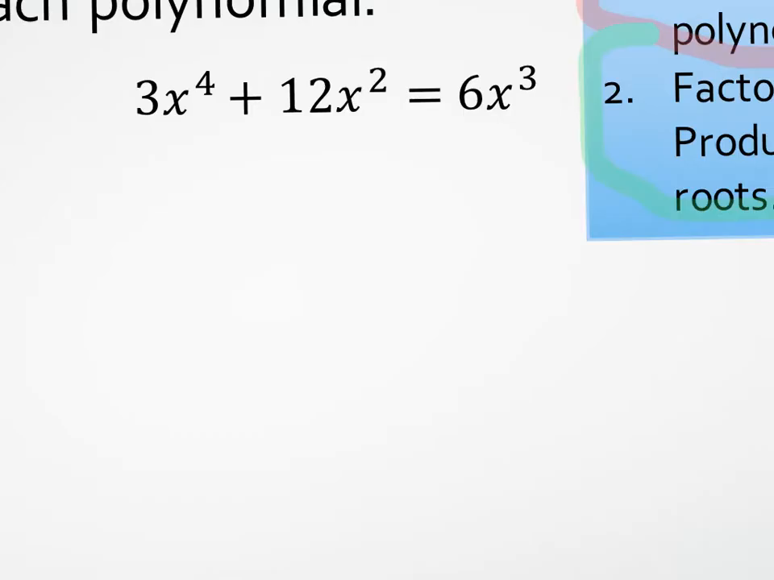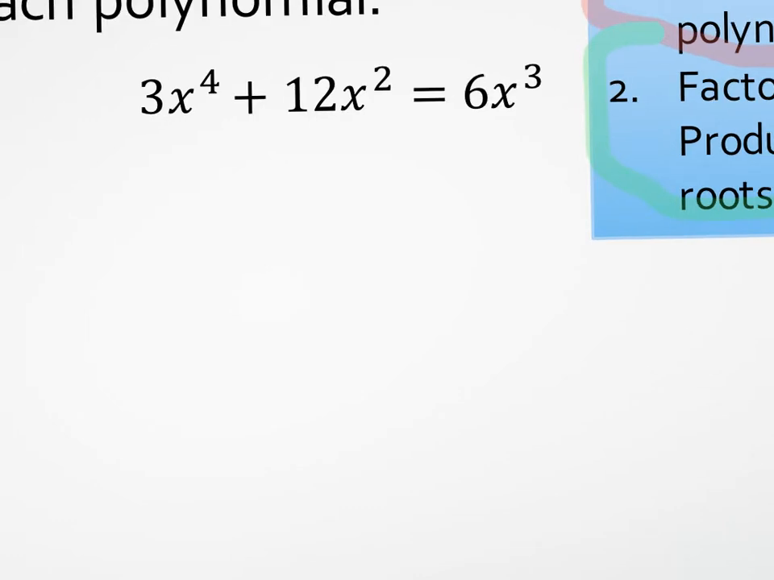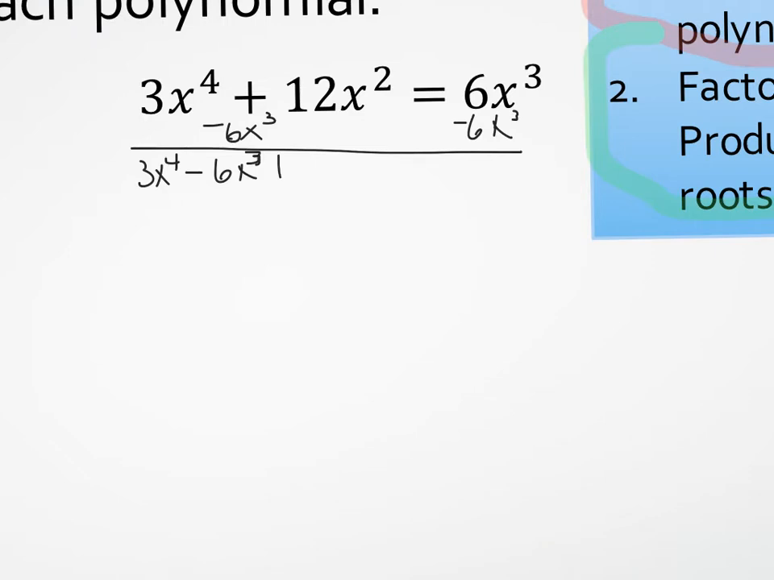For our other example, we're going to follow the same process. We're going to subtract the 6x cubed, and remember we want to write it so that it fits nicely. So 3x to the 4th minus 6x cubed plus 12x squared equals 0. And now we're going to ask ourselves, okay, is there something that all those terms have the same? Hopefully you recognize, well, they all have a 3 and an x squared. So 3x squared times x squared minus 2x plus 4